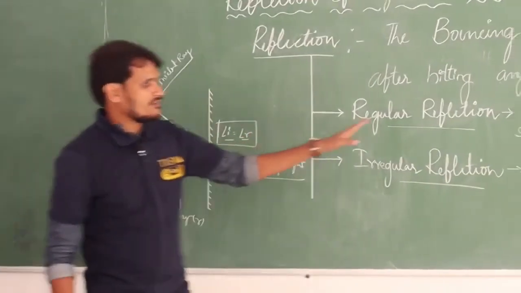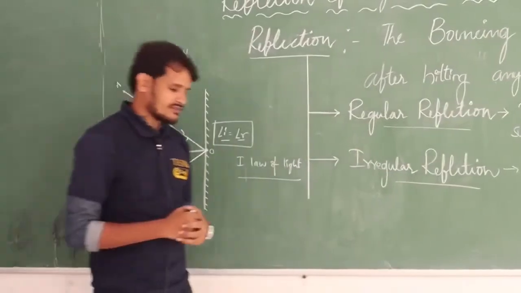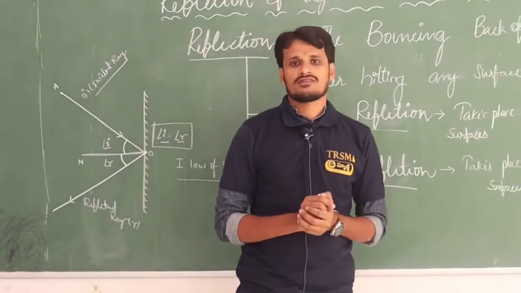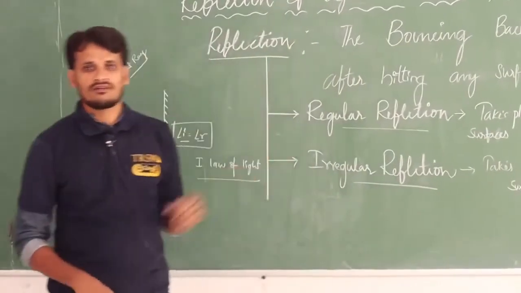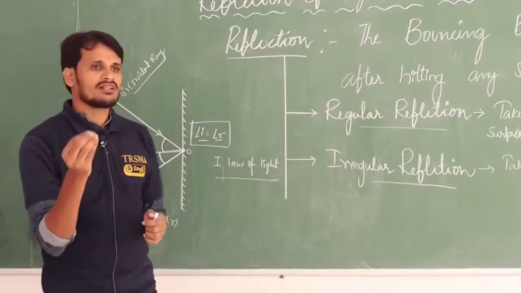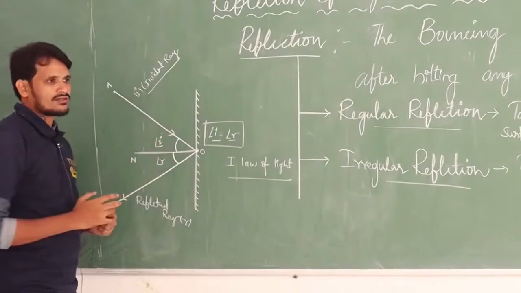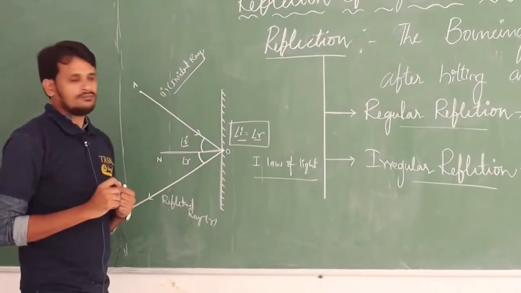So that is what regular reflection is stated as what? Regular reflection is a reflection that takes place on plane surfaces. The reflection takes place on what? Plane surfaces. We are calling that regular reflection. For example, you can consider any plane surfaces like water foils or plane mirrors. These are the best examples for the what? Regular reflection. Next, go to the what?